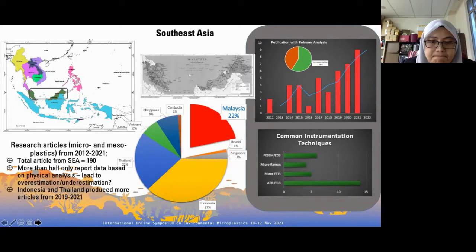If you look at the recent scenario since 2019, Indonesia and Thailand are gaining very big momentum in this area. I think it is because they have very good support from institutions in the government sectors in both countries. But if we're talking about Malaysia, because I'm coming from Malaysia and I think I'm the only Malaysian able to present in the symposium in these 3 days.